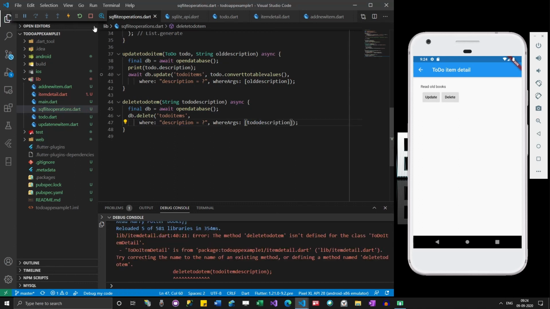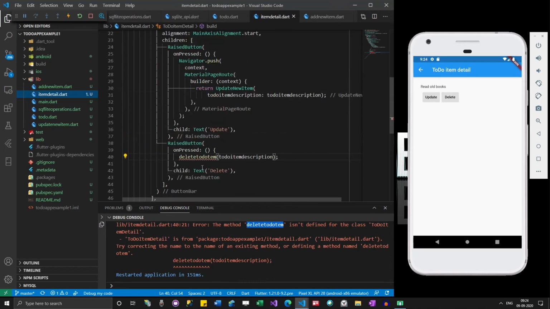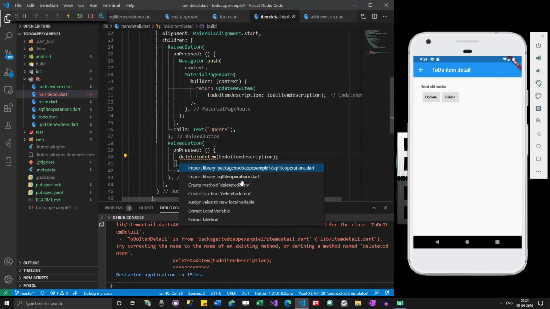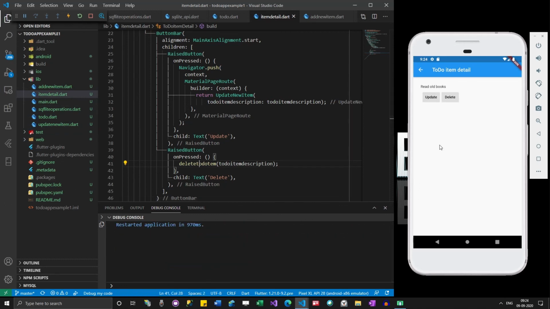Let's see if it works now. There is some error again. I'm just going to import it and reload it. I don't want to read Harry Potter books now, so I'm going to delete it. Just click delete, go back, refresh it, and you can see the item is deleted.